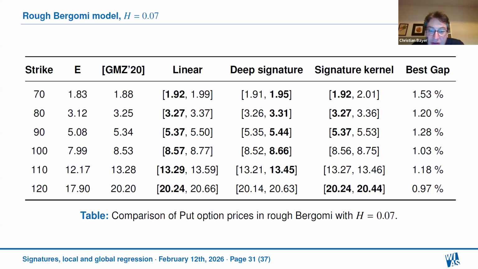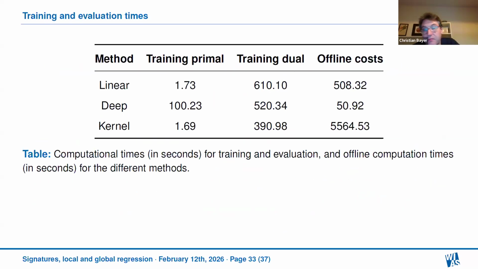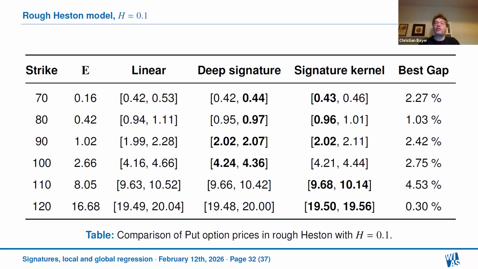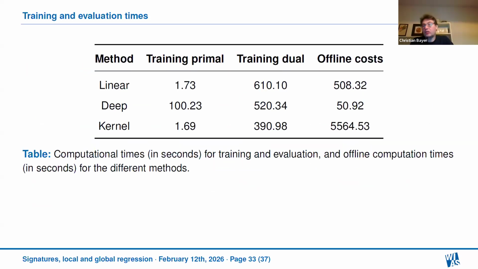well, let's put it like this. I think if I wanted to draw some conclusion here, for the Longstaff-Schwartz algorithm, linear functionals of the signature actually perform very, very well. For the dual method, they don't perform well at all. And in the end of the day, the deep neural networks applied to the signature seems to be the best compromise between accuracy and computational time, because unfortunately the signature kernel, even though it actually performs pretty well accuracy-wise, has by far the highest computational cost, and from that point of view, has a problem.